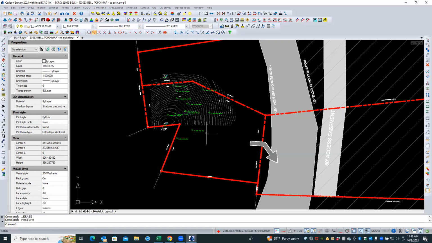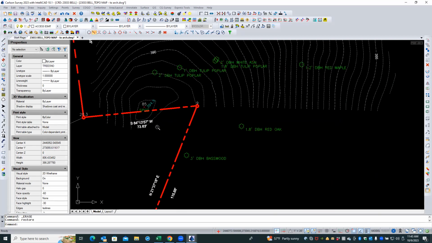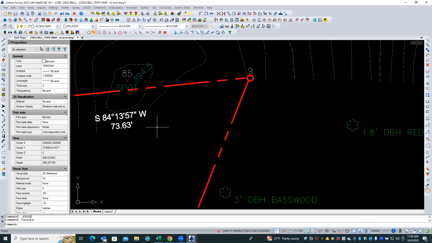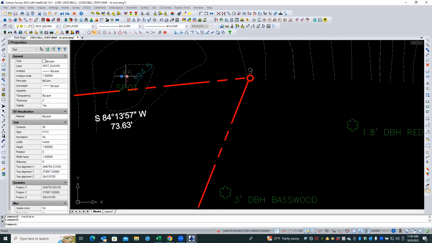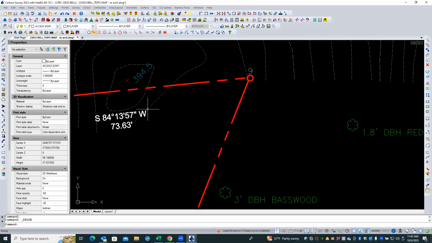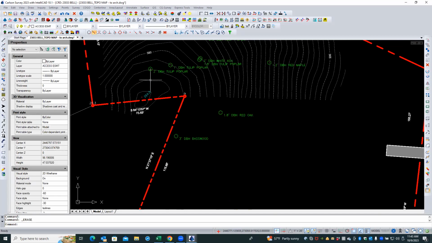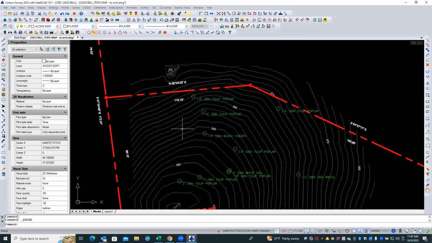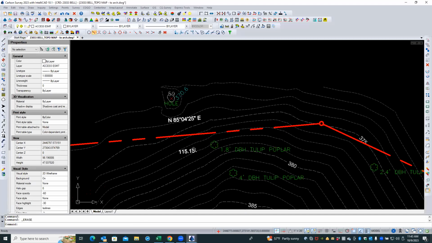All right. And now look at your two spot elevations. Take care of those individually. Like I would select the number and the description, and that should clean that up. And then do that up there for the hole also. I see there's also some point numbers left over on the boundaries. So